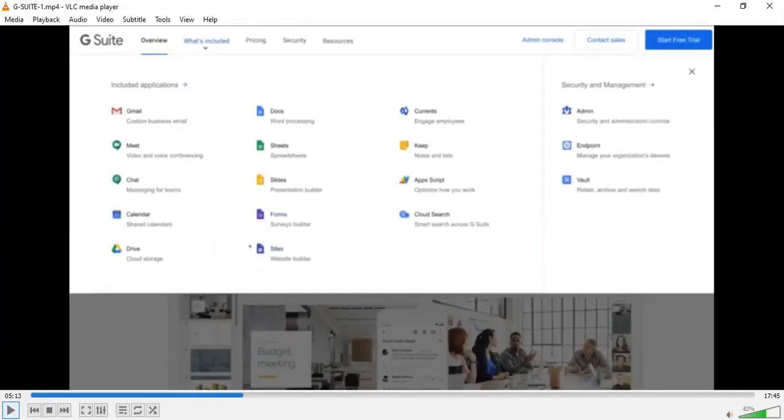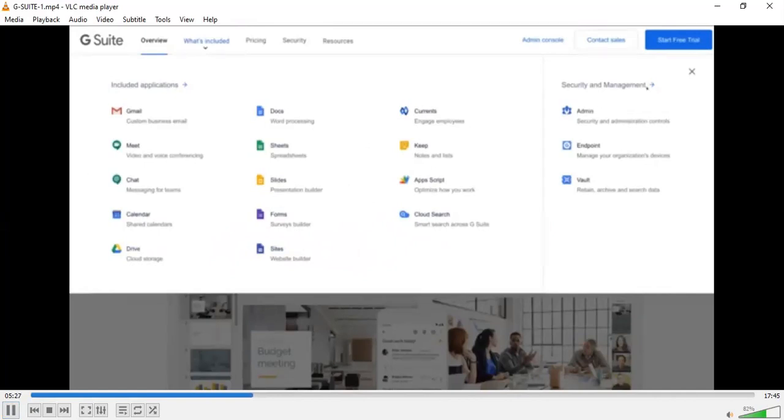I'll pop a link above which will take you to a tutorial on how you can build a website with Google Sites. Using Google Sites, creating your Google website is possible, and that is totally free of cost. For basic local or small businesses, it is really useful to use the Google Sites application. Then we have other applications over here, but these are the main applications you're going to use within your business that are going to help enhance productivity, communication, and other areas of business performance.